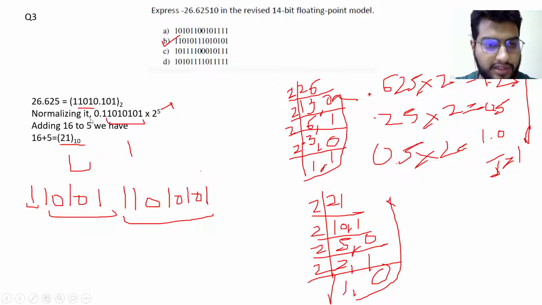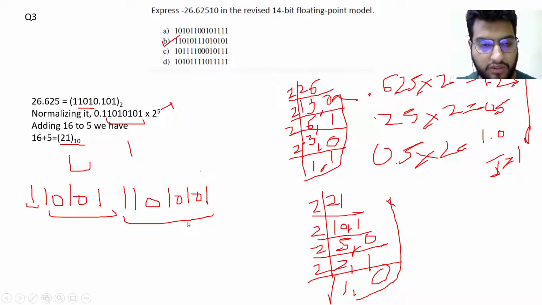So we normalize this part, and we have this 2 to the power 5. By 5 is we add to this 16, and we have this 21. In decimal, this 21 in binary is 10101. So that is my exponent part. The number was negative, so the sign bit was 1, and the mantissa of this, this point 0.11 is